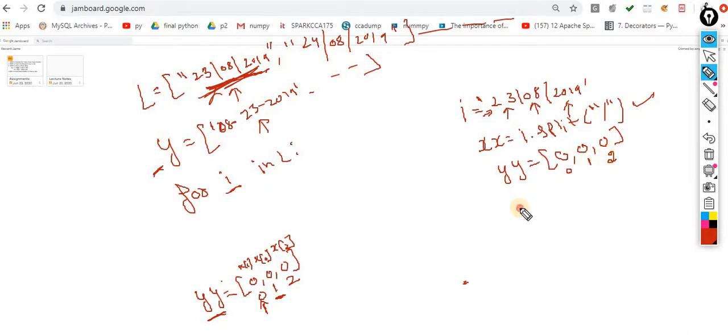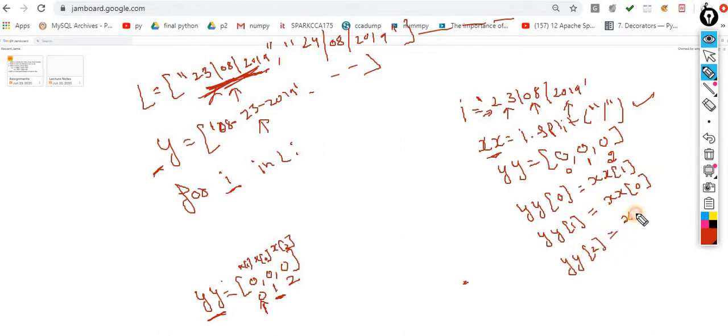Now on yy of 0 you need xx of 1, on yy1 you need xx 0, on yy2 you need xx 2. Now this number has been settled into this yy. Your yy will become something like this: 08, 23, 2019.